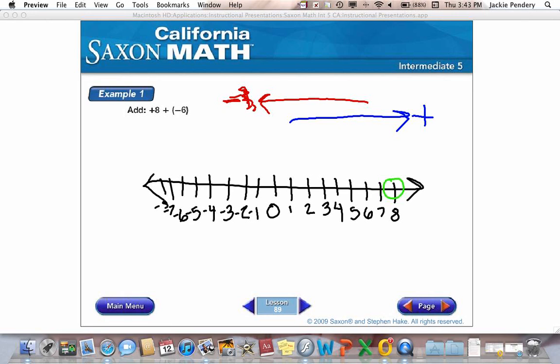We are moving to the left, and I'm moving to the left 6. So 1, 2, 3, 4, 5, 6. So 8 plus, notice it's in parentheses, -6